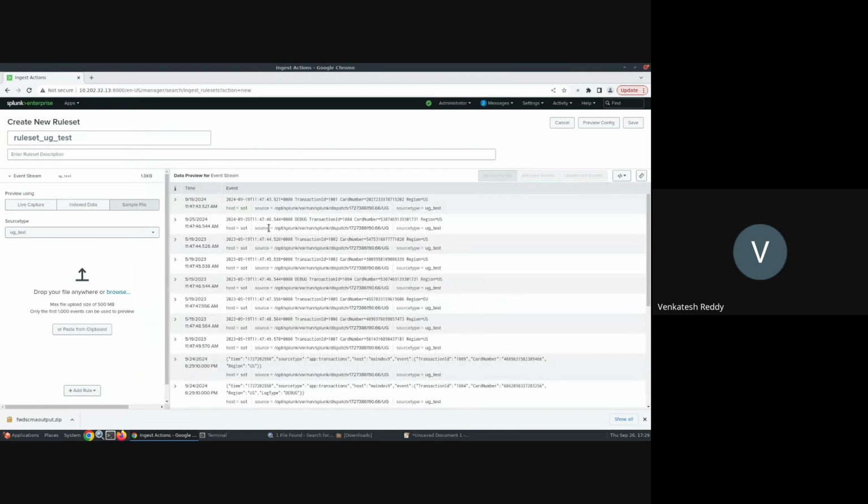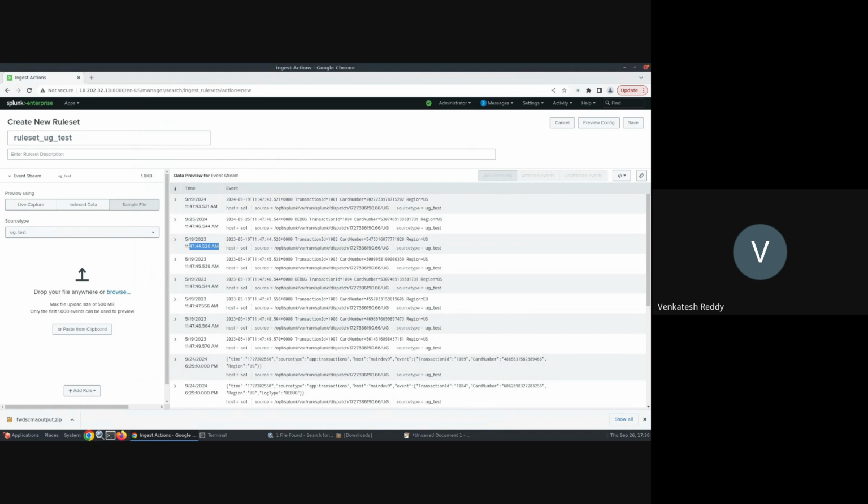You see the data here, right? Some data is from 19, some data is from 25, and some data is from 2023. What I want to do here is eliminate the data that is older than 90 days. So for that, I want to add a rule,